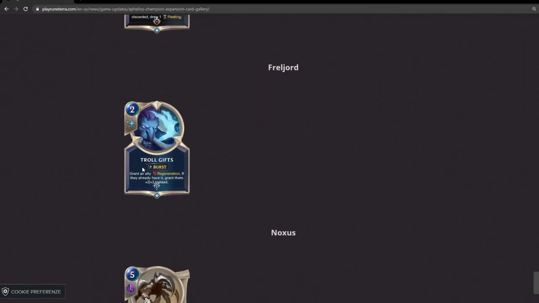Then we see Freljord, 2 mana burst. Troll Gifts, grant an ally regeneration. If they already have it, grant them +2/+2 instead. This card could break the game, really guys. Imagine this on Tahm Kench. Imagine this on Soraka. Imagine this on Broad-Backed Protector. This could be the time when we see Soraka...